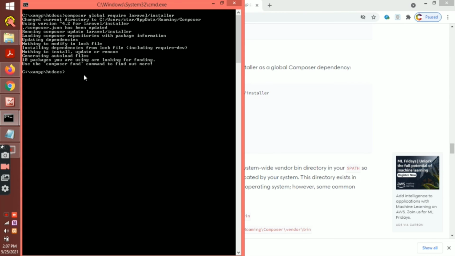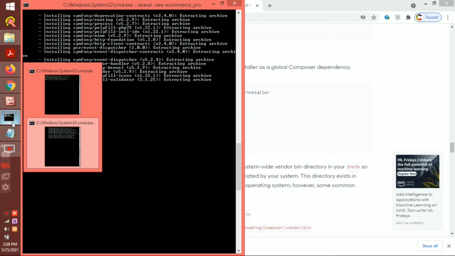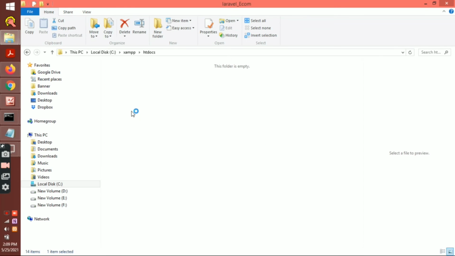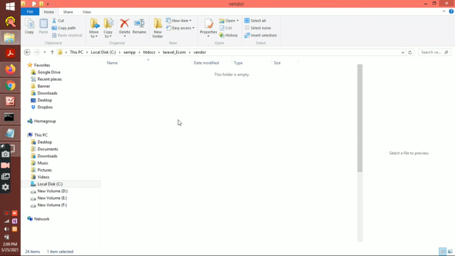So I am going to type the command laravel new and the project name, Laravel_ecom. Hit the button. You can see it is working. Within a minute my folder is created. The folder is here, you can see, and all folders and packages are installed.